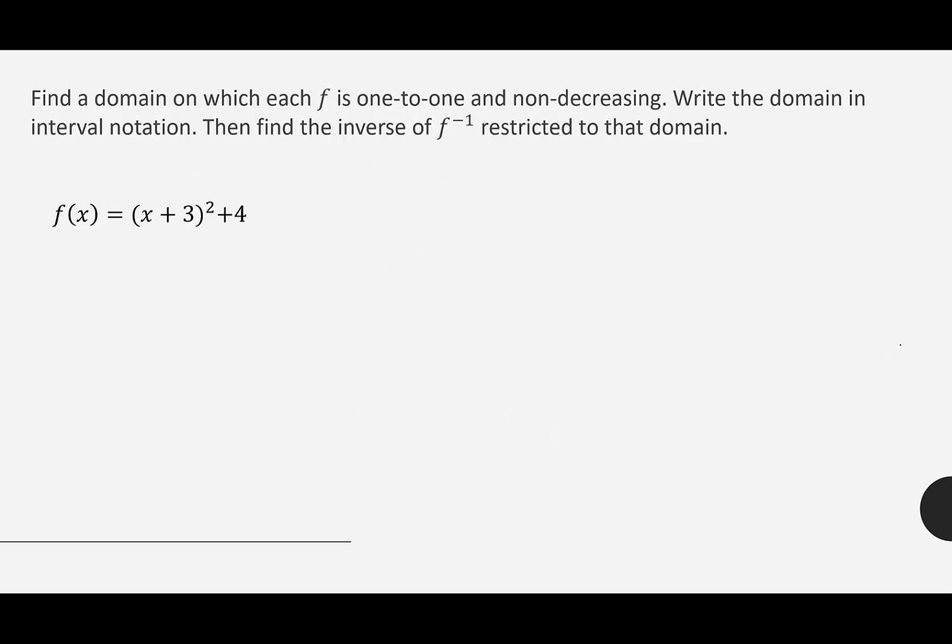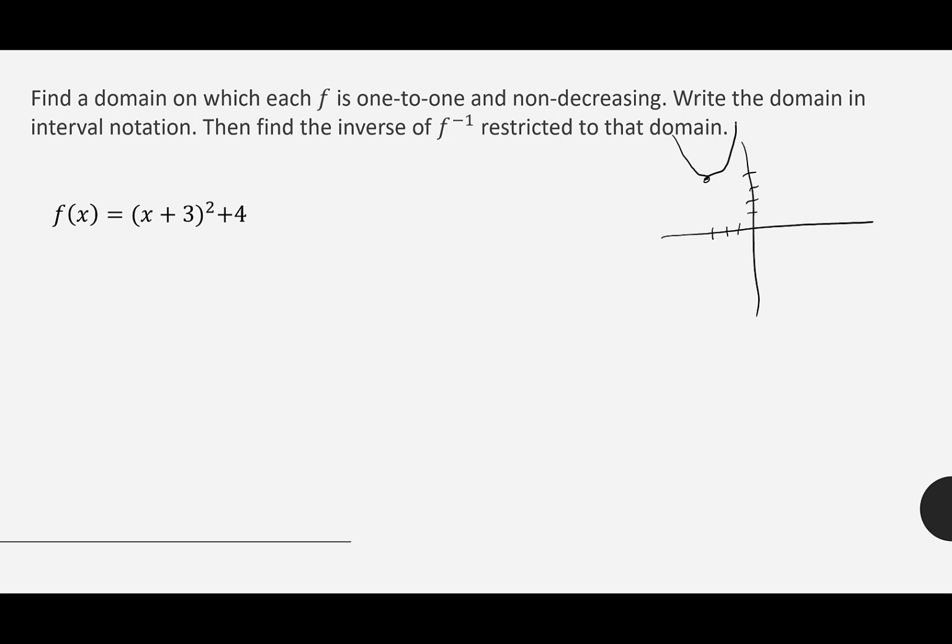So the next one says find a domain on which f is 1 to 1 and non-decreasing, write the domain in interval notation, then find the inverse restricted to that domain. So this is kind of like what we did earlier because we have this quadratic, x plus 3 squared plus 4. So let's do a quick sketch of the quadratic. So here's our quadratic, x plus 3 squared plus 4,